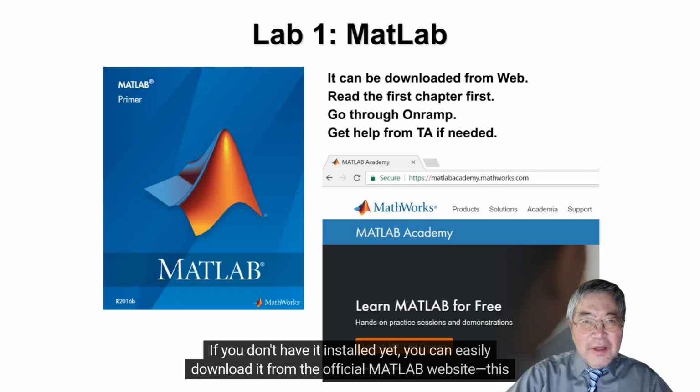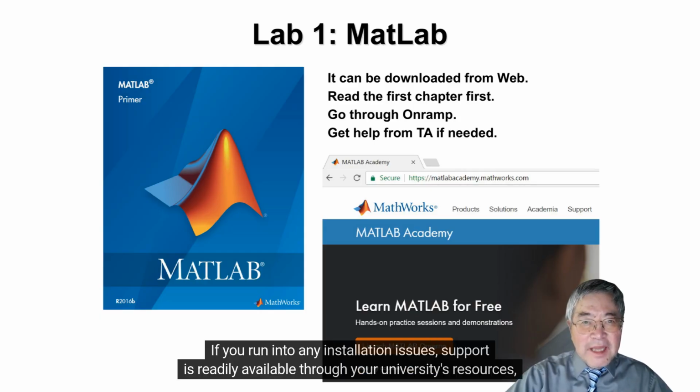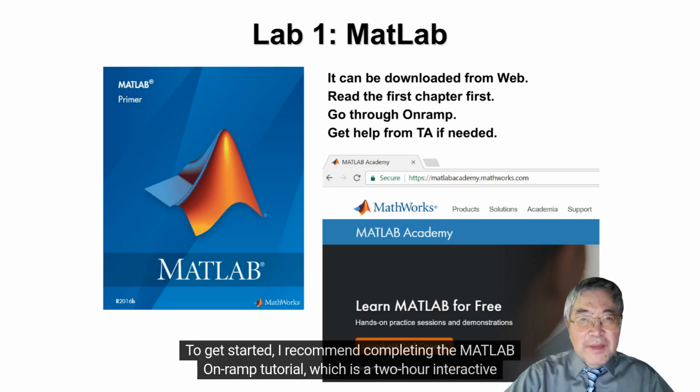If you don't have it installed yet, you can easily download it from the official MATLAB website. This is freely available to you. If you run into any installation issues, support is readily available through your university's resources, such as the IT support team. To get started, I recommend completing the MATLAB on-ramp tutorial, which is a 2-hour interactive course that will walk